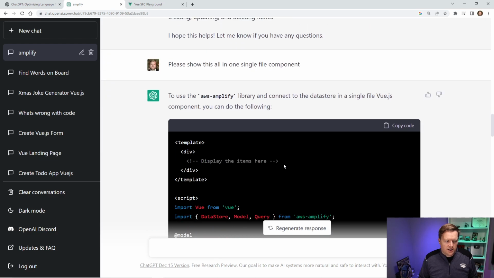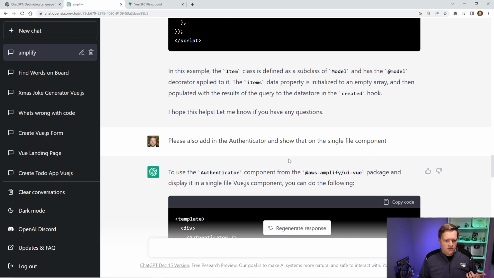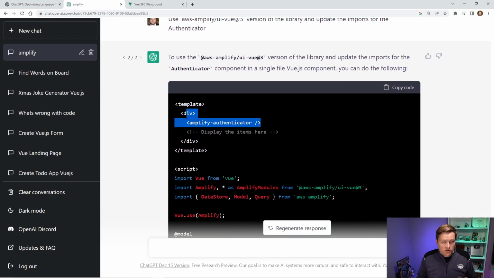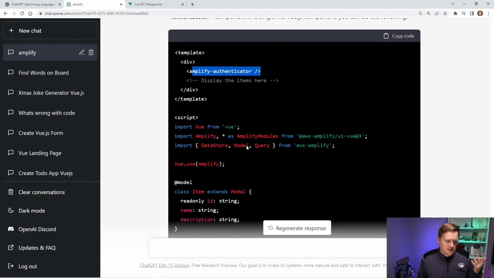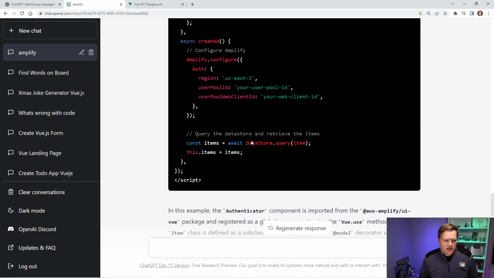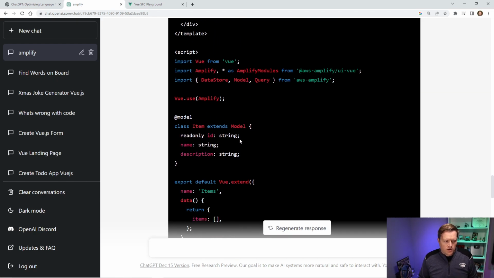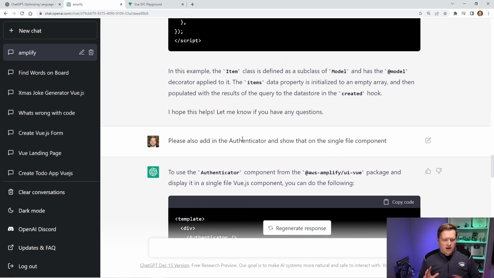And then I asked it to do a newer one with the newer version of Vue, which I did down here, Vue 3, and then it gave me an even older version of Amplify Authenticator, so this is obviously wrong. It's almost right, and I've heard that there are other things it knows better, but the examples it was giving me were odd and weren't quite right. So your mileage may vary on what information you ask for and whether it'll be correct or not. You definitely want to double check anything that ChatGPT gives you for accuracy, because it may not be right at all.